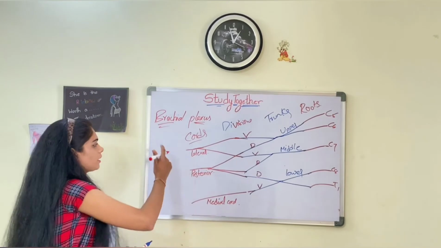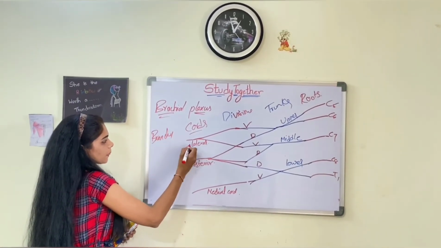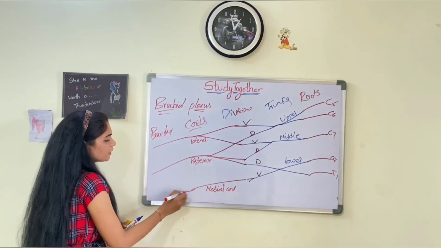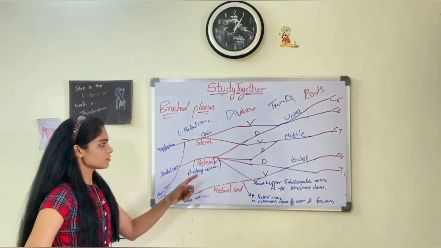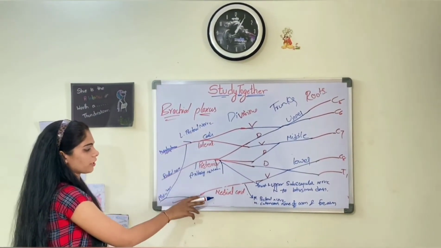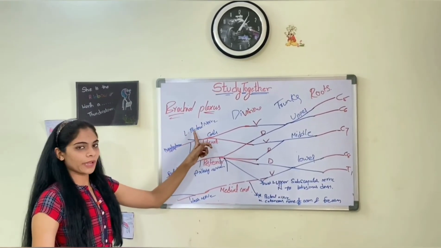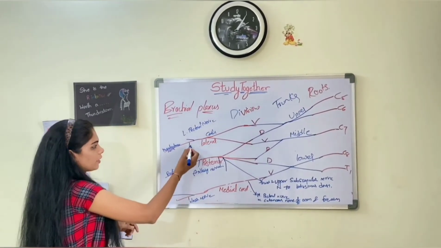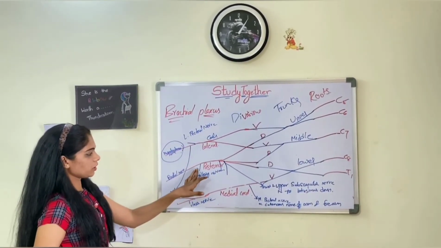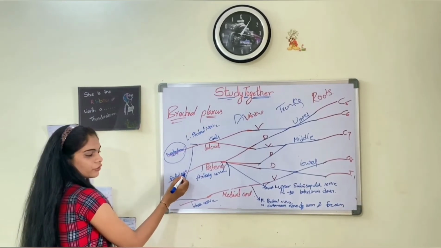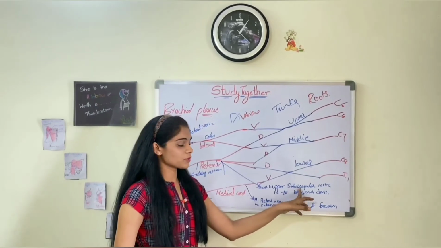Again, these cords give rise to your branches, and these branches supply your various muscles. Let us come to the branches formed by your lateral, posterior and medial cords. From the lateral cord you have the lateral pectoral nerve and the major branch, the musculocutaneous nerve. Then from the posterior cord you have the radial nerve, axillary nerve, lower and upper subscapular nerves and